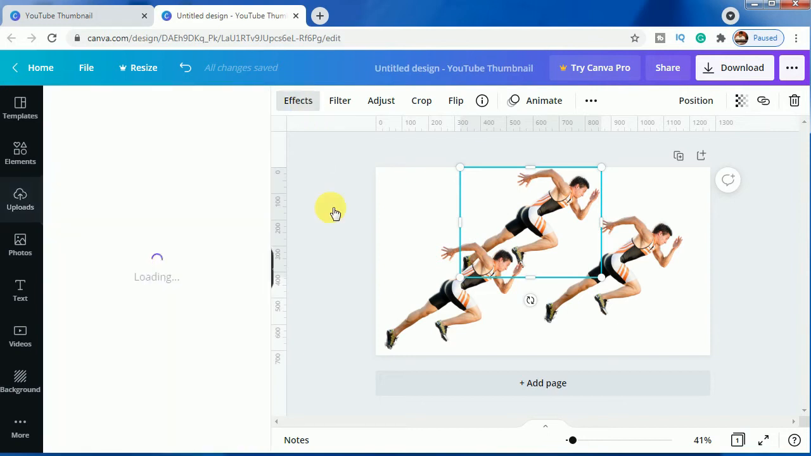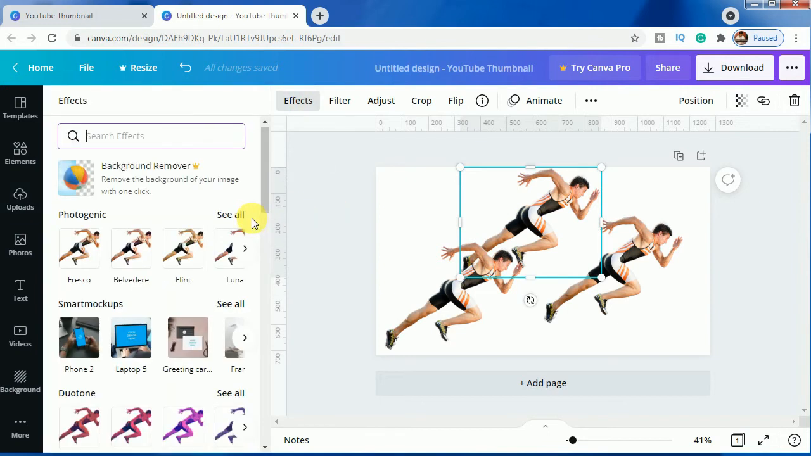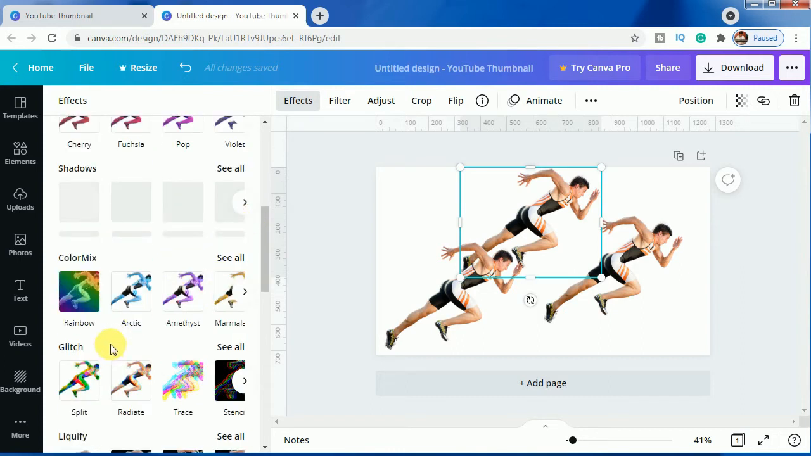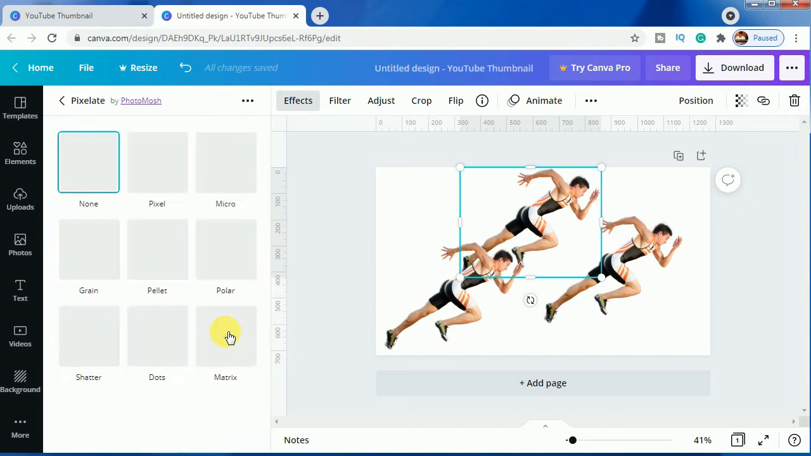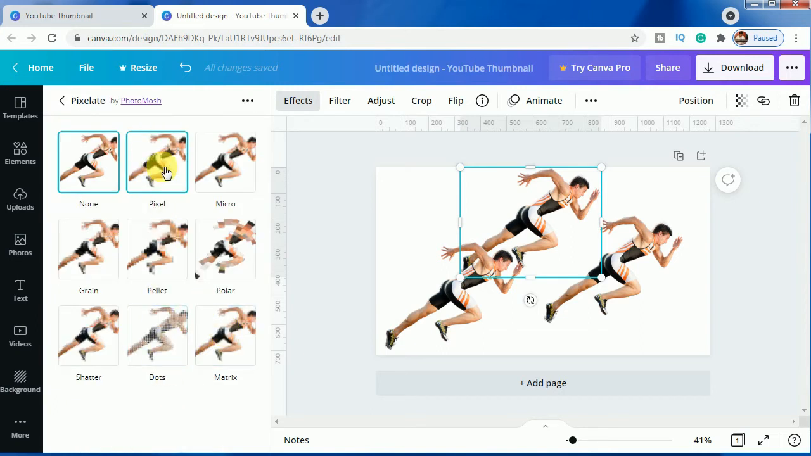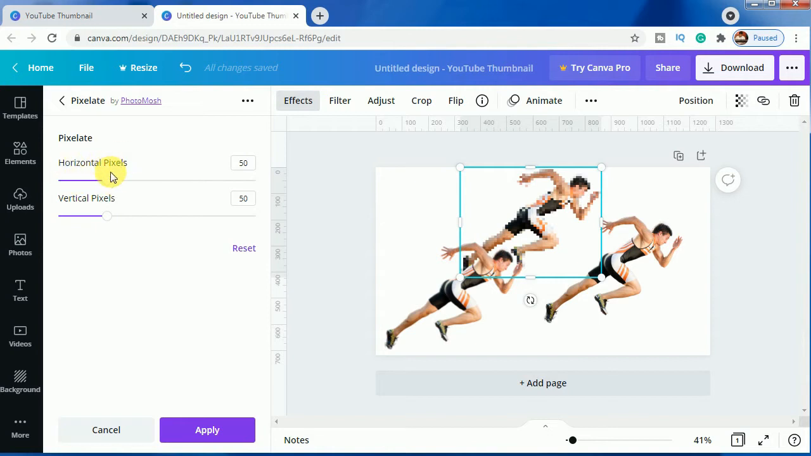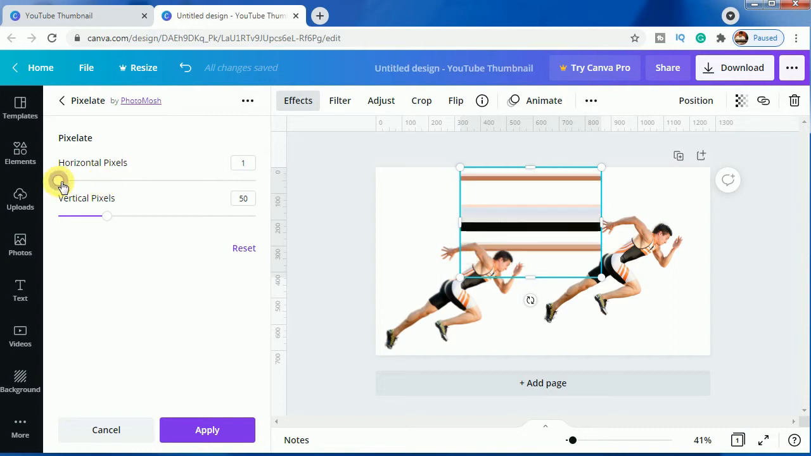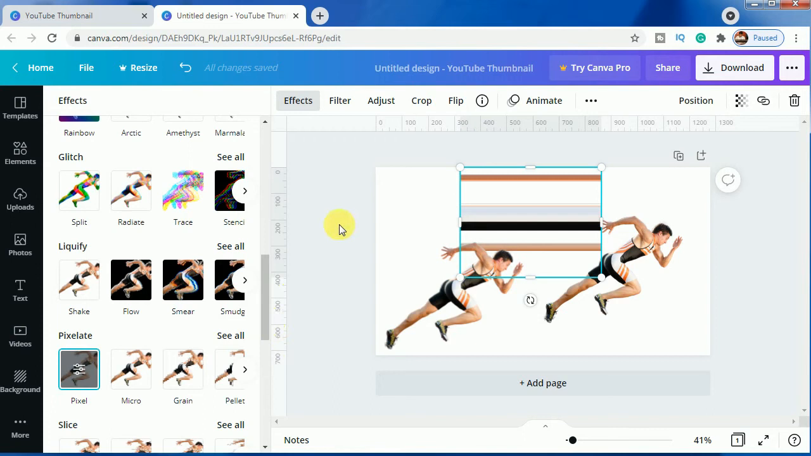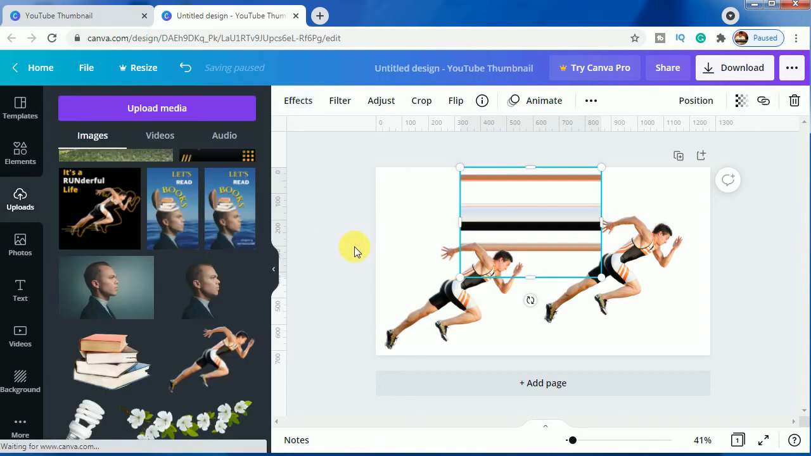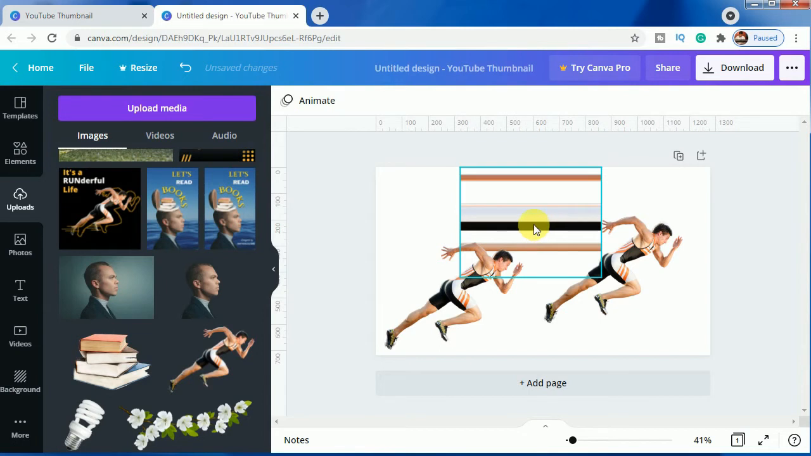So let's go to effects. So let's quickly scroll down to find the pixelate option and just click here to find this pixel one. Click here and click it to change the horizontal and vertical pixel quantities. Let's bring it down to 1, and for vertical pixel let's increase it to 200. Now let's apply it. Okay, so click outside the canvas so that this effect gets adjusted, and now click